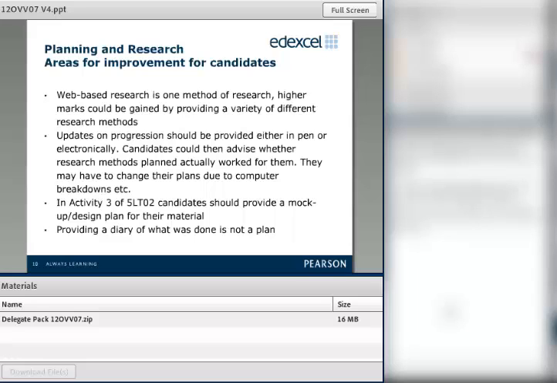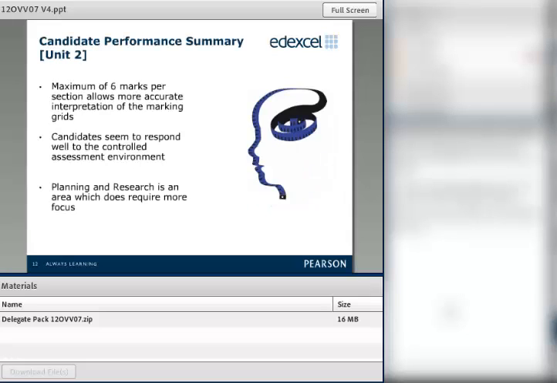Okay, moving on from planning. Want to look at Unit 2 now, which is the marketing and sales unit. Just a very quick summary of how the candidates did overall in this unit. We were very pleased, and certainly over the last couple of years we found that the marking by assessors is much